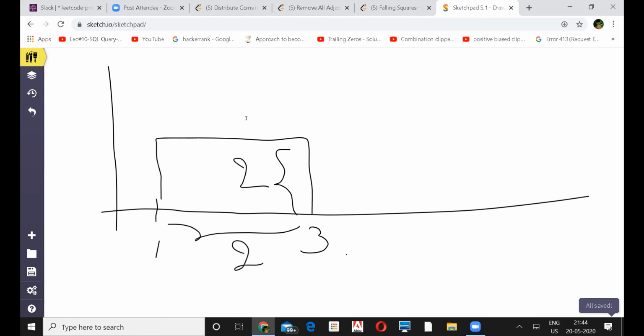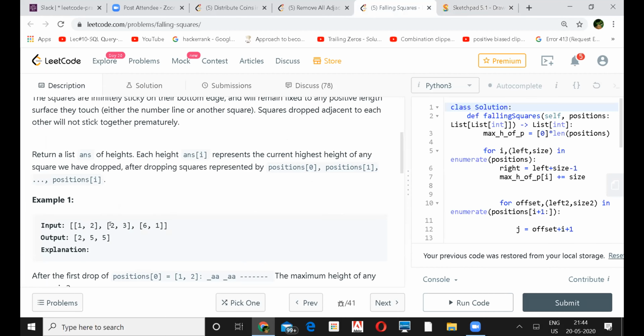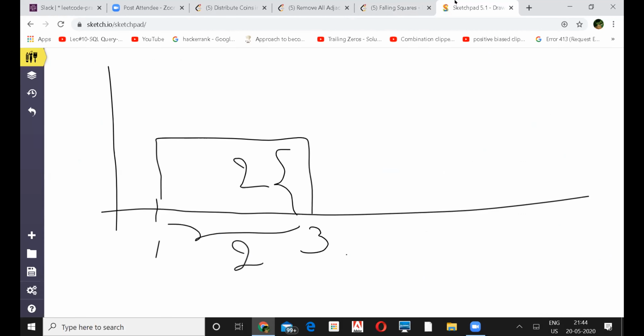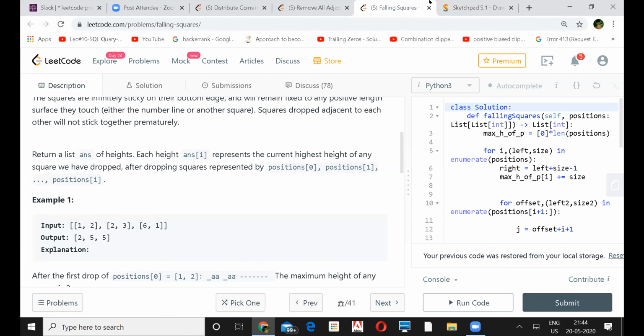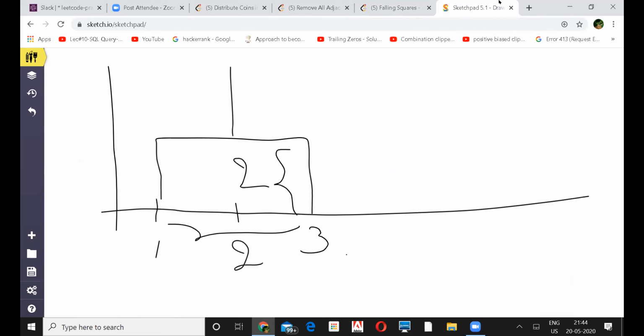The next square starts from 2 and its side length is 3. So if it starts from 2, then it will come down somewhere here, and we always drop the square from the earlier height. So you drop from the top, it will start from here and go for the next 3, so from 2 to 3 it will go to 5. Sorry, you will not have this. It's sticky there, so it will hold the entire square.